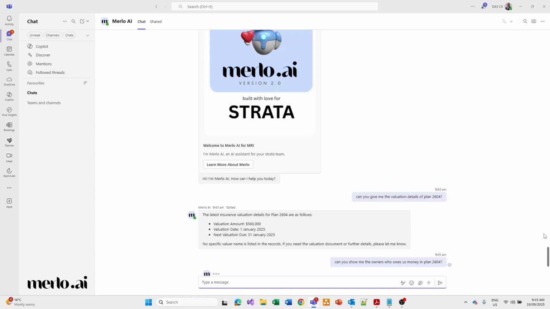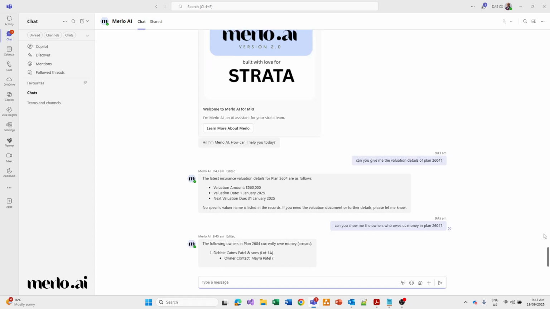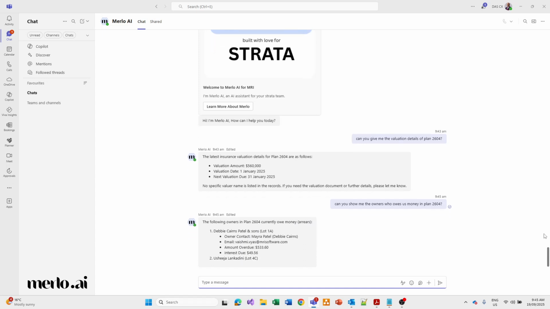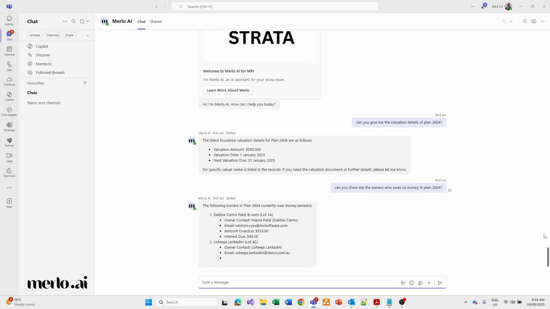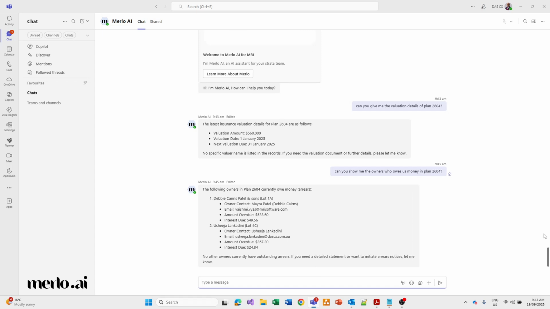And one of the benefits of Merlo is you not only have access from your desktop, you can also use your mobile phone to do whatever I'm doing right now. Because if you have Microsoft Teams installed on your mobile phone, everything I'm showing you right now can be done on your mobile phone as well. So you can do this, and then you can say, can you